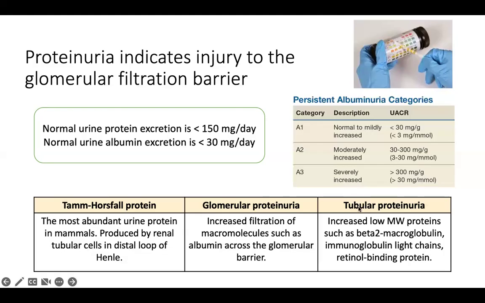And then we call tubular proteinuria when we see increased low molecular weight proteins coming out in the urine, like your immunoglobulin antibodies. Those would be low molecular weight proteins. And tubular proteinuria, if it's increased in a patient, could indicate impaired tubular reabsorption. So it could be tubulointerstitial disease intrinsic in the kidney, or it could be happening because of what we call